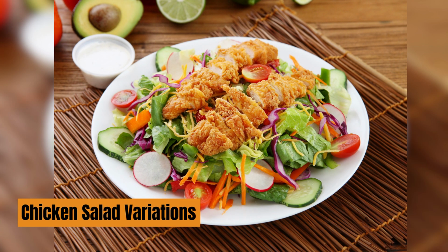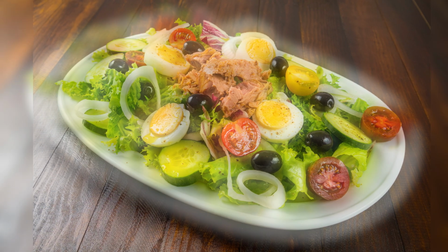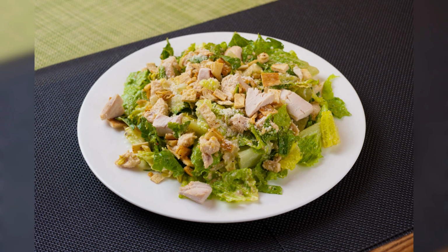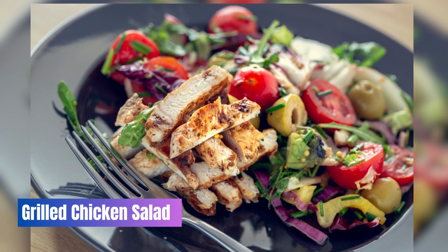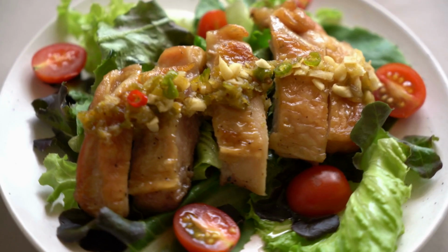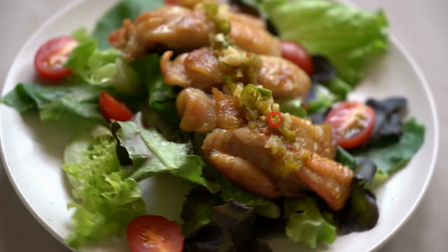Explore the world of chicken salad variation with us. From Asian-inspired flavors to Mediterranean twists, we have got it all. Fire up the grill. Our grilled chicken salad recipe adds a smoky twist to the traditional salad, perfect for BBQ